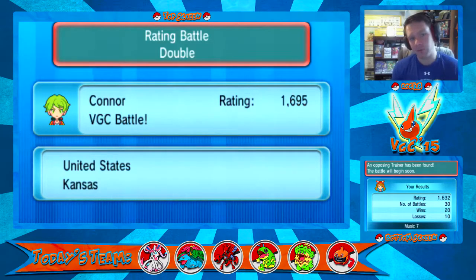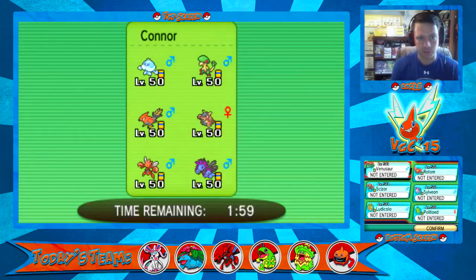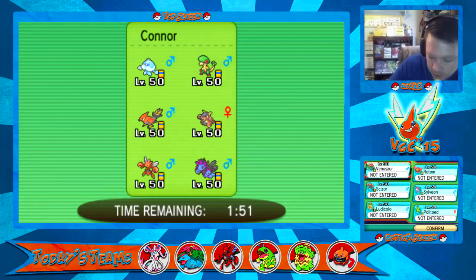Okay, so we're going to be playing with Connor from Kansas, United States, with a rating of 1695. So it'd be really cool if we can get a win during this battle. Without further ado, let me write his team down really quick because I need to get better at these team previews anyway. So we got the Tang, we got the Talonflame, we have the Scizor, we have the Hydreigon. We have the Will-O-Wisping, possibly Jelly Scent,